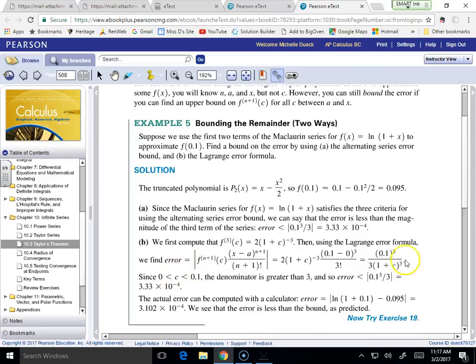Did they actually solve that expression when c was 0? No. They made a generic comment, and this isn't quite as clear as maybe the next one, but they made